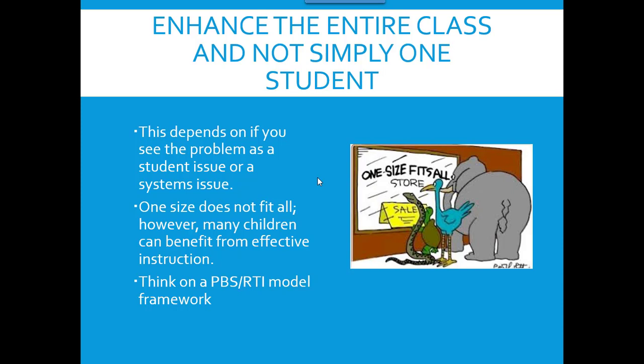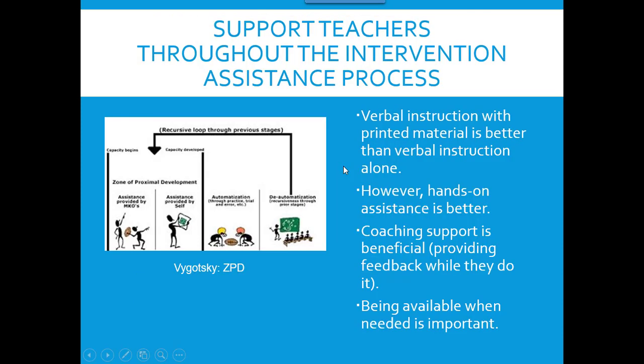So you want to aim for the lowest tier that you can. If this is going to help solve problems for all of the children or most of the children, you want to find something that's going to help the whole class. But if the whole class doesn't need help, then you need to target the children who need help.